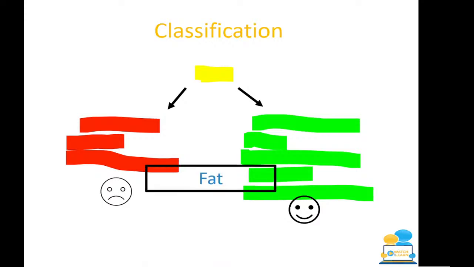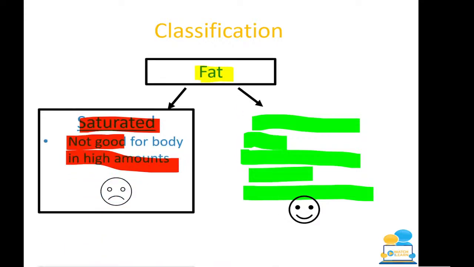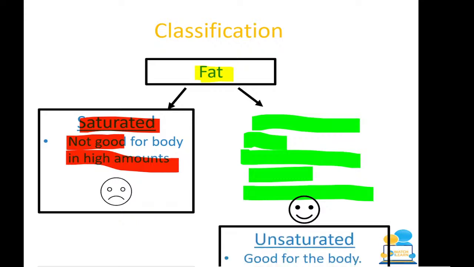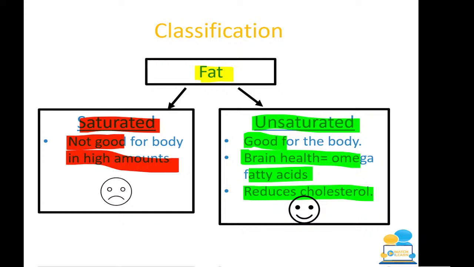So in this case, we have saturated fat. You see I've put a sad smiley face, basically to help you remember that this is the type of fat which is not good for your body in high amounts. Now we do have a good type of fat which is called unsaturated, which is good for the body,